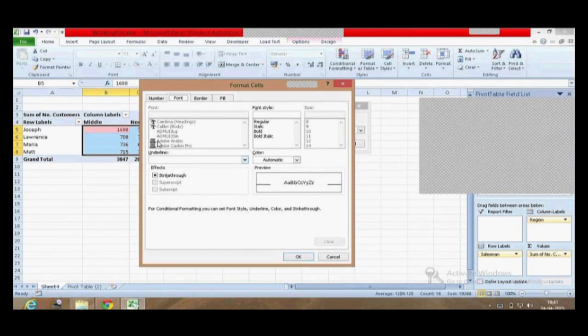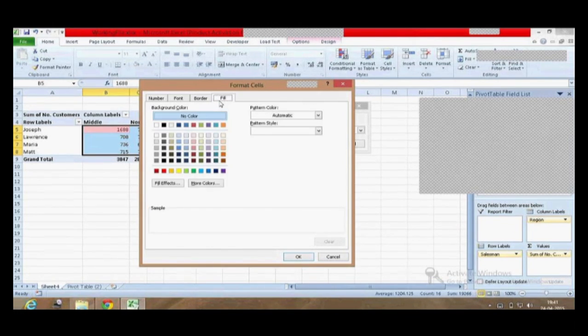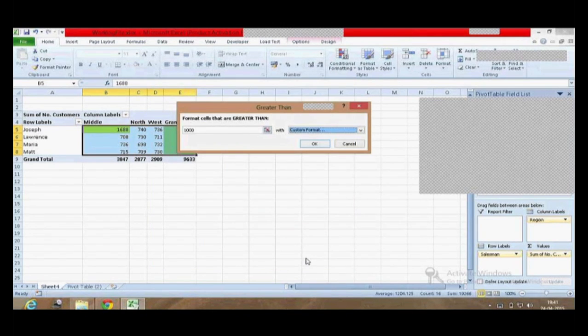So you can see that it would select it, but I made a mistake by selecting the grand total. So I'm just going to select the data. I'm going to repeat that again. So I'm going to say conditional formatting, highlight cell rule, greater than, and then I said 1000.